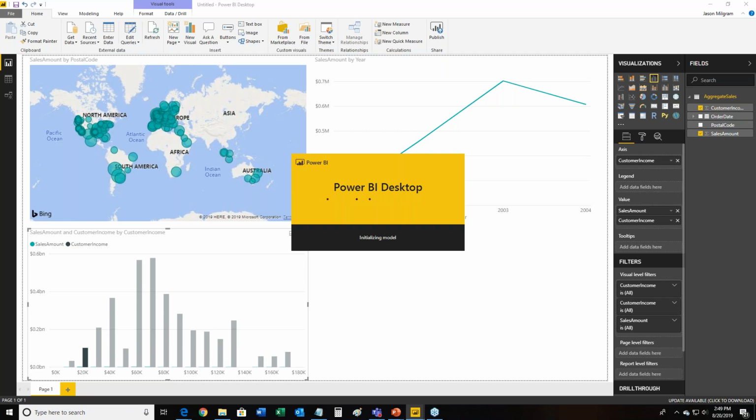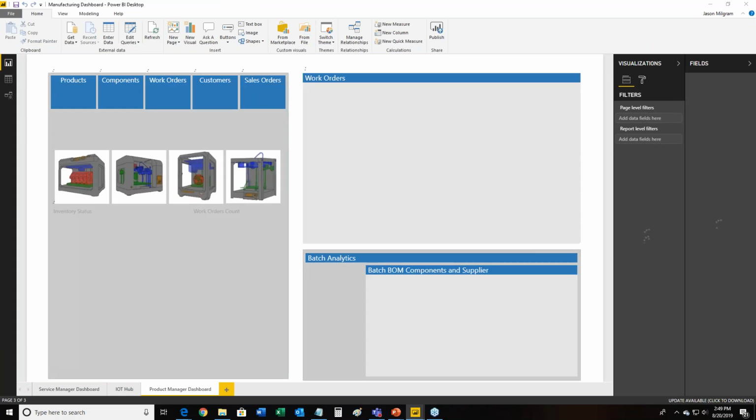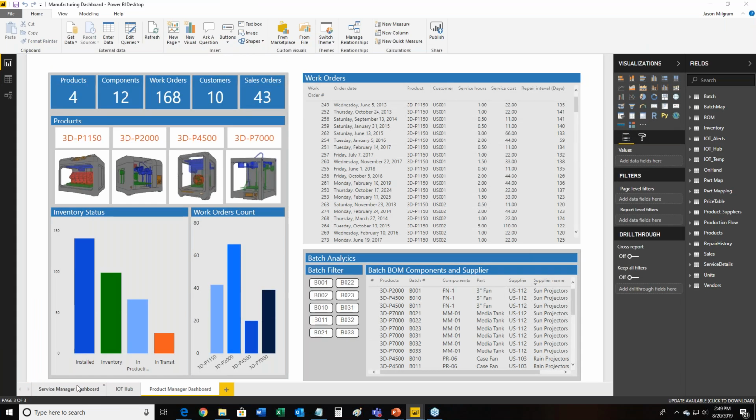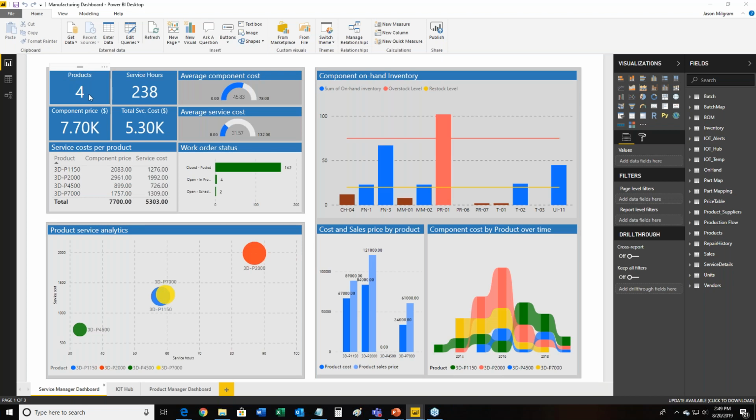And this one's the demo that I'll end with. It's an organization who sells 4 different products, and they're trying to understand repair costs for the products. This is an IoT setup. Data is being sent. They can see of these 4 products, we've had this many service hours. These are the average service costs. We have an overstock of certain types of inventory.